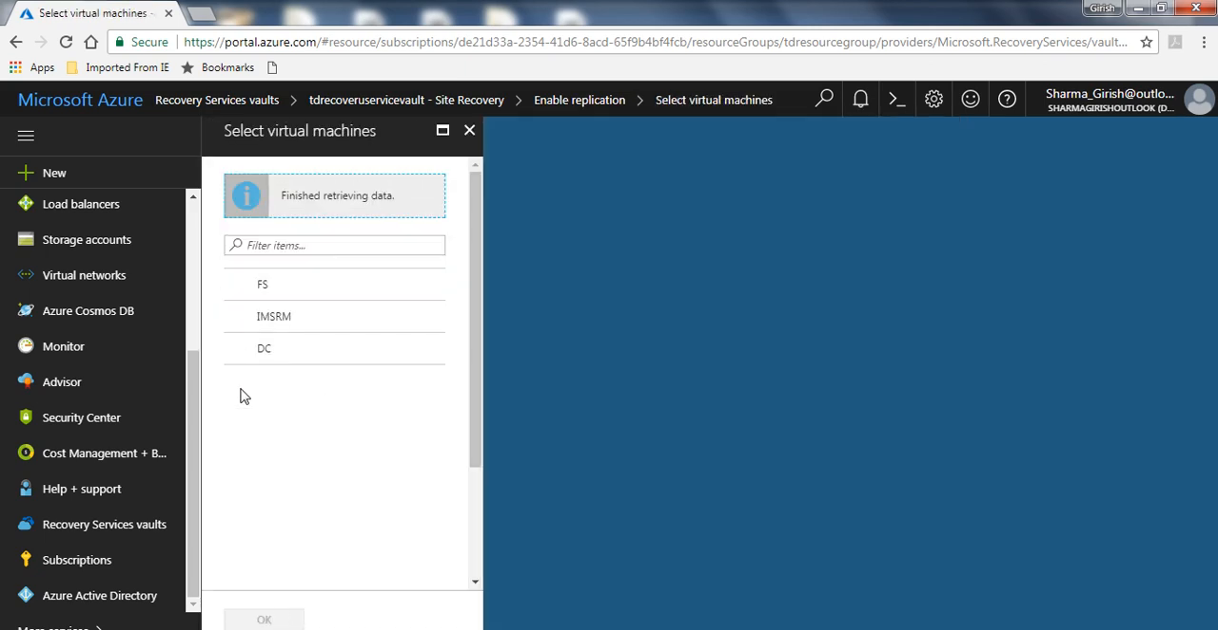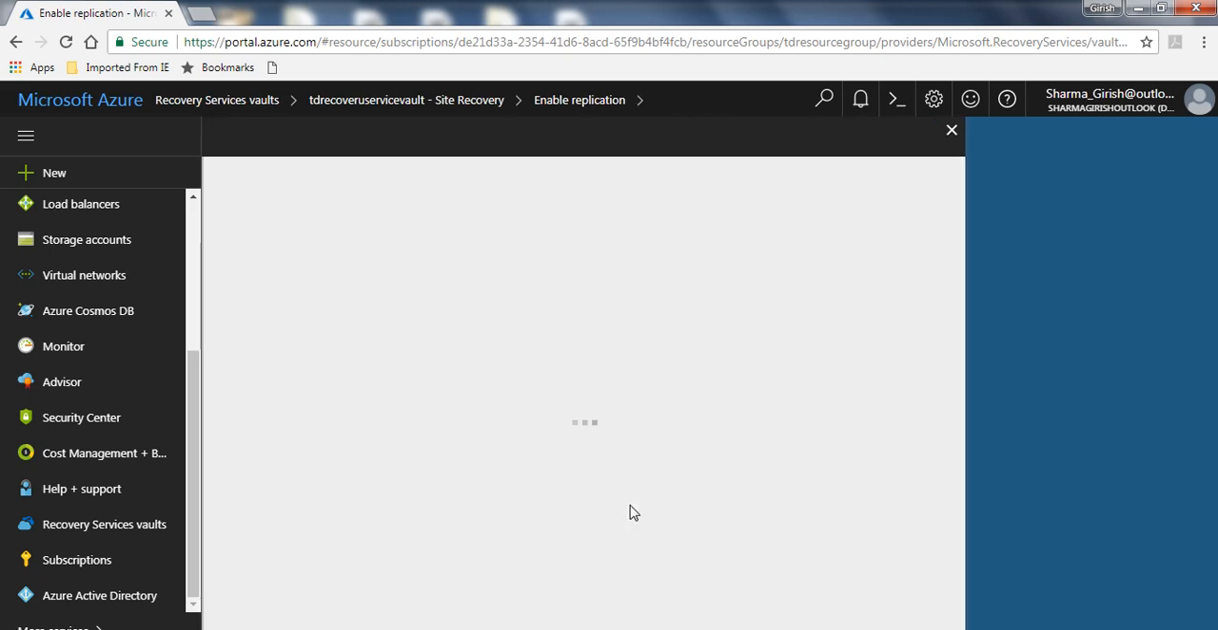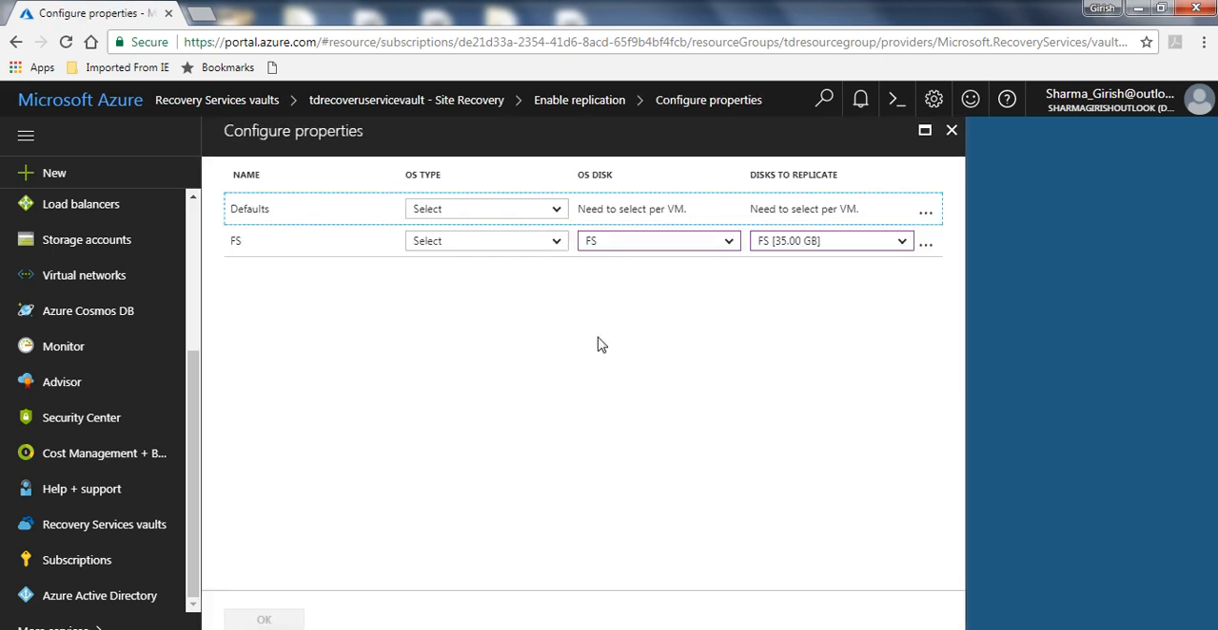And now we'll select which virtual machine we want to fail over to Azure. We have 3 virtual machines running on our hypervisor, but for this demonstration I will select my file server and click on the OK button. And in configure properties we have to specify what operating system we are running. So the file server is running Windows Server 2012, so I'll select Windows in this case, and need to select